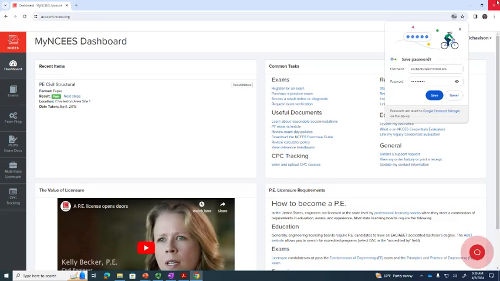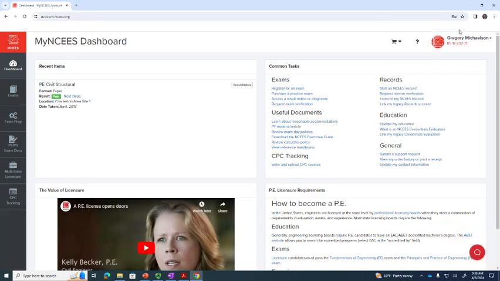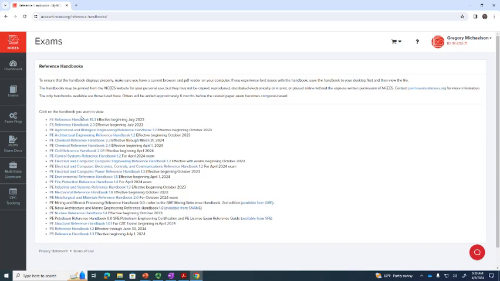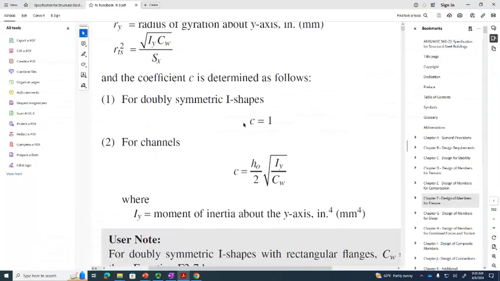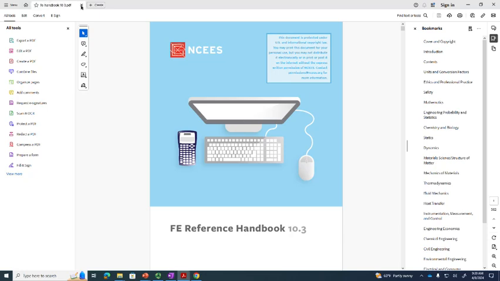That'll do it. Okay. So if you log into your NCEES account, which hopefully you all have created one or are on your way to creating one if you're planning on taking the FE exam, over here on the right under Common Tasks is View Reference Handbooks. So if we click View Reference Handbooks, I'm going to go to the FE Reference Handbook, and when you're taking the exam, this is the searchable PDF that you can use, okay? This PDF, by the way, is just useful, so I really think it's worth checking out.